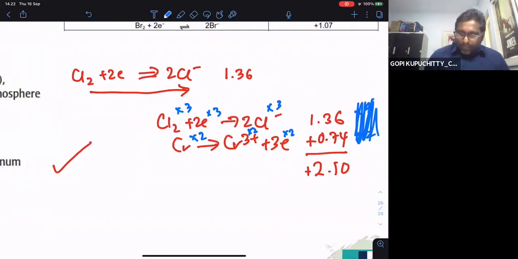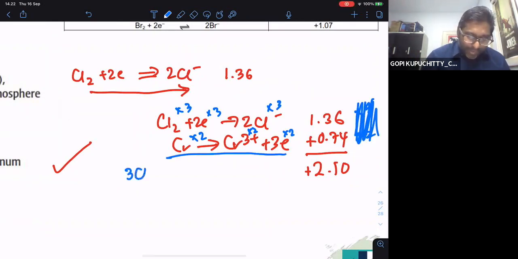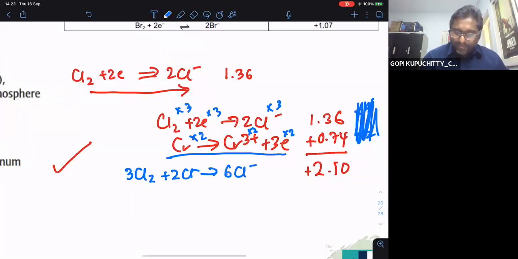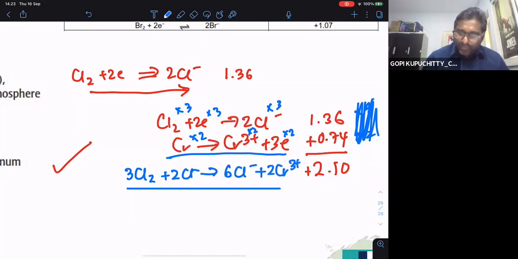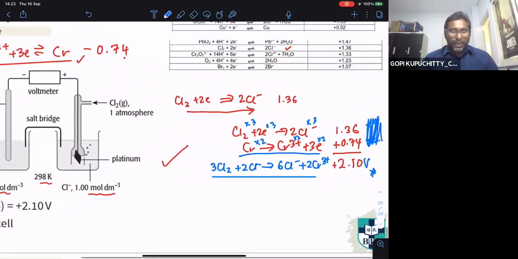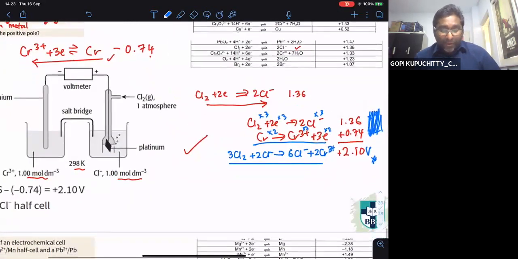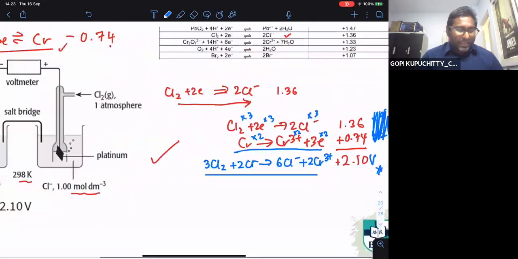What you need to do is when you write the full equation, then you write 3Cl2. The 6 electrons are already gone. And then plus 2 Cr, to give you 6 Cl- plus 2 Cr3+. This is the full equation. But this is going to be the E value. And you can identify also which one is going to be